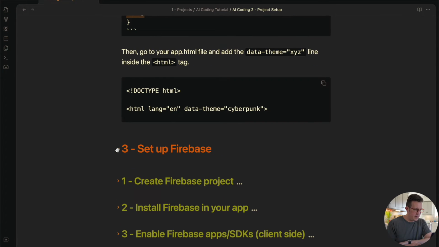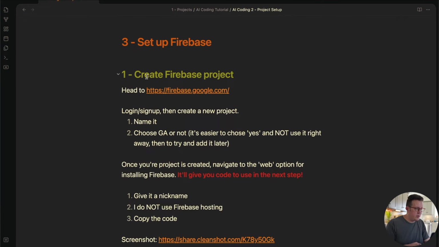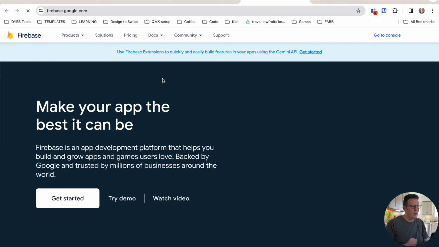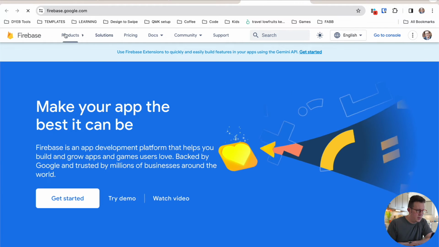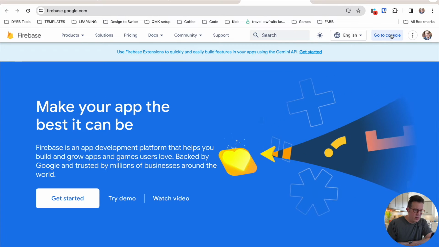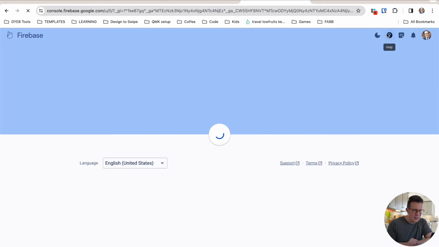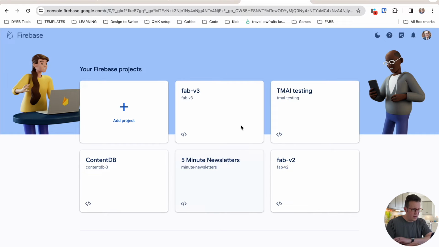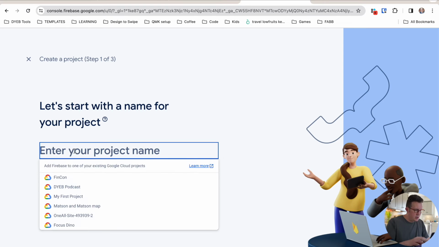Now let's do setup Firebase. Okay, now we are going to go back to the browser. We're going to open up Firebase. It should just be firebase.google.com. There you go. I'm actually going to go to my console, although yours might not say this. You might have to just do Get Started or whatnot. It's going to list out my projects right here. First of all, we're going to create a new project, and let's do